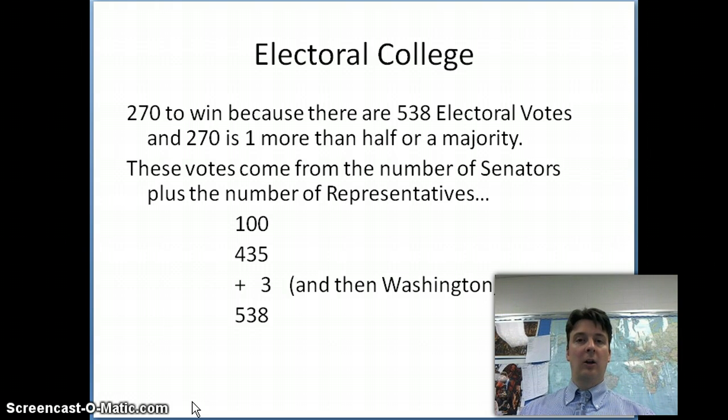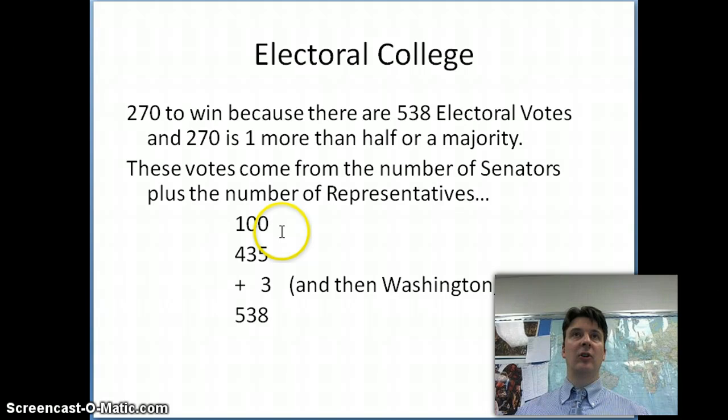Okay, so the Electoral College. I have a video on Blackboard that explains it, actually a couple, but the point is that there are a total of 538 electoral votes. Remember that we don't elect the president directly. The states get to choose, basically people vote in their states. Whoever wins that state for the most part then the state gets those electoral votes. There's a total of 538, and you need 270 to win because half of 538 is 269. And so you need a majority, which is 270.